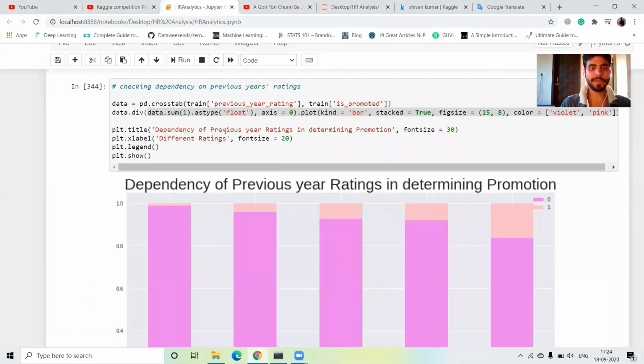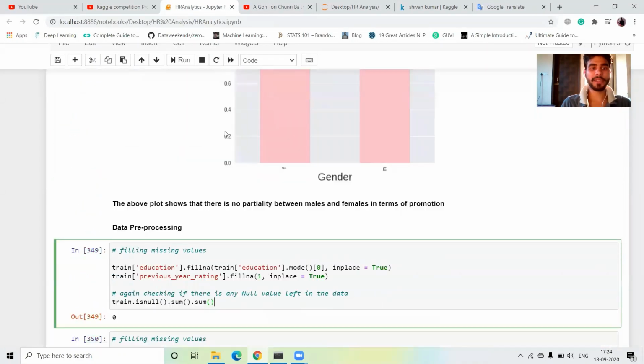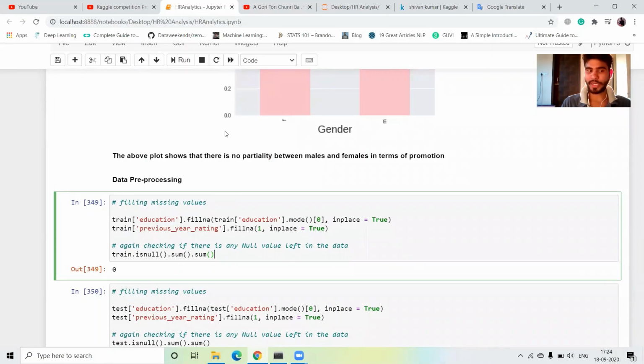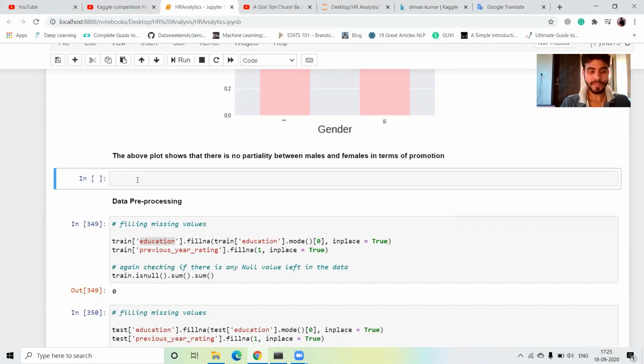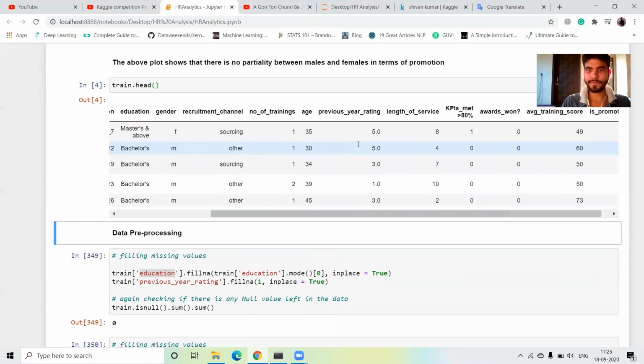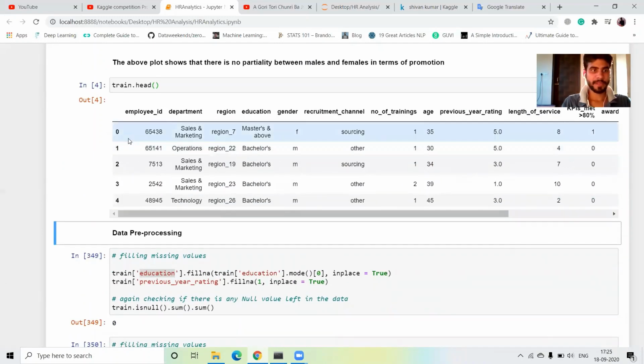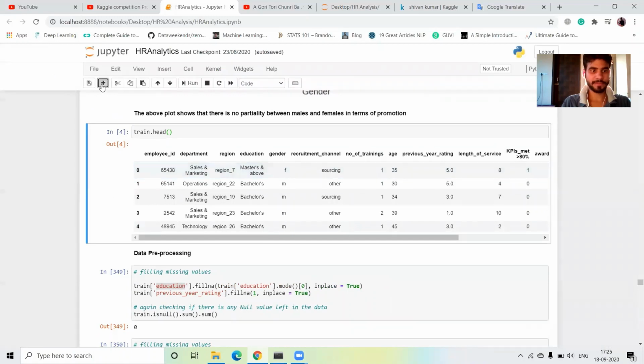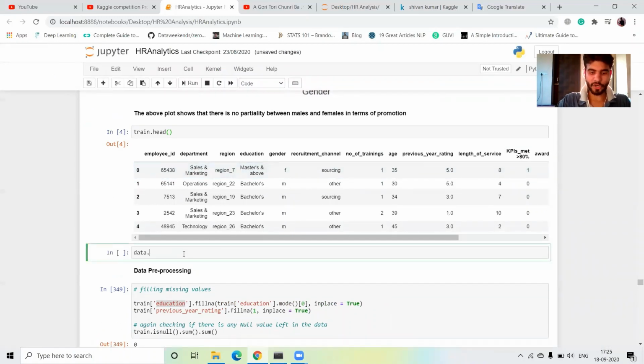In this video, guys, we have continued our data pre-processing steps. In the data pre-processing step, first of all we fill our null values. In our train data, I just plot train.head, and next I again plot data.isnull().sum().